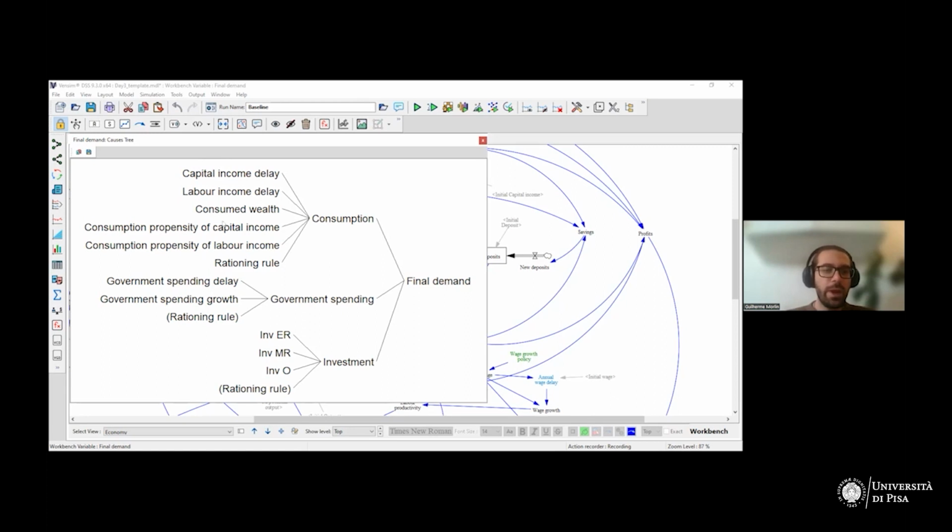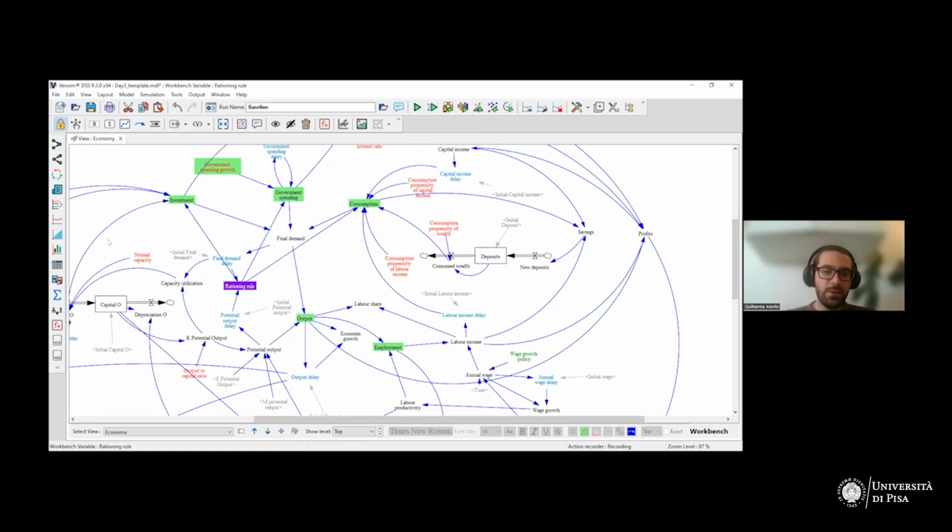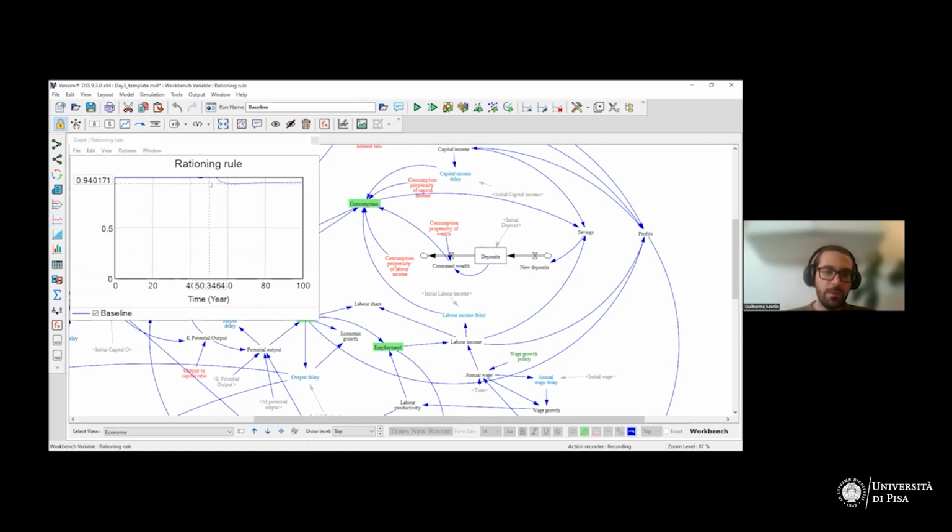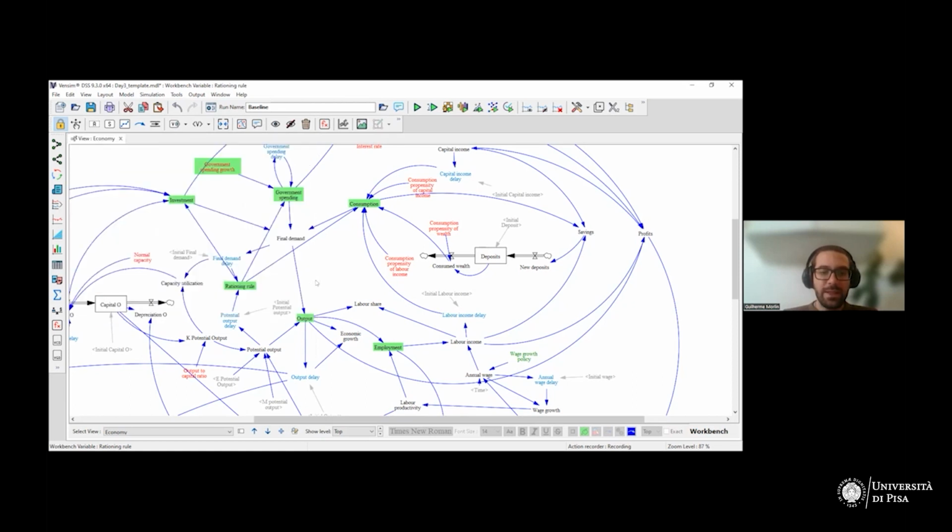So we can look, for instance, at the rationing rule, right? Let's look at the rationing rule. And we see that after a point, this becomes smaller than 1. So there is actually a reduction of demand basically from period 15 onwards, right? So this means that demand is exceeding the potential output in these periods and then is being decreased. And why does this happen? So maybe